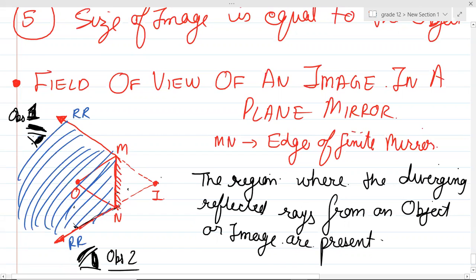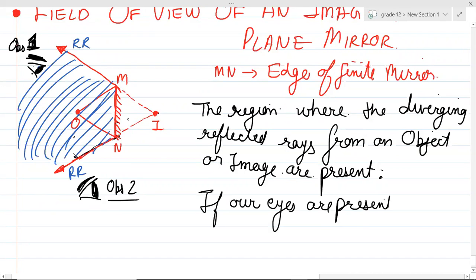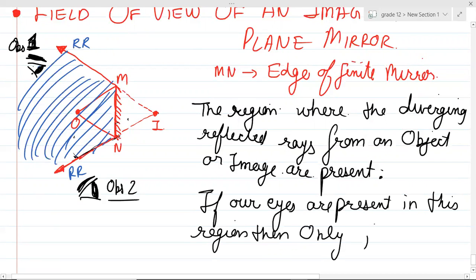Can you see from this, for this particular image, the diverging reflected rays are present in all these regions in front of the mirror, right? Yes or no, guys? And if our eyes are present in this region, then only that object